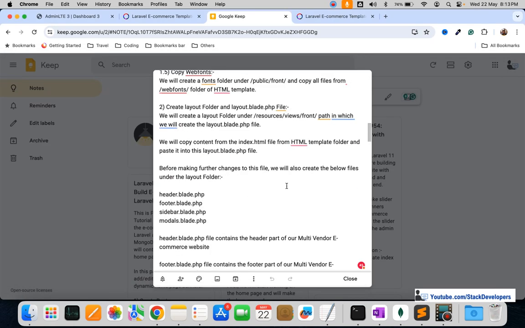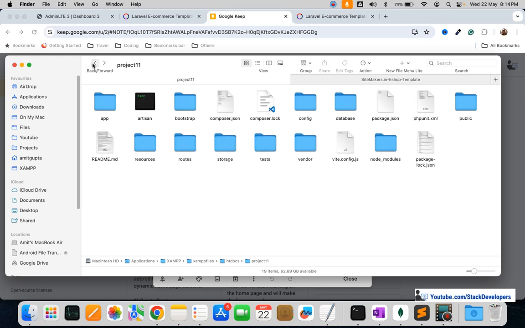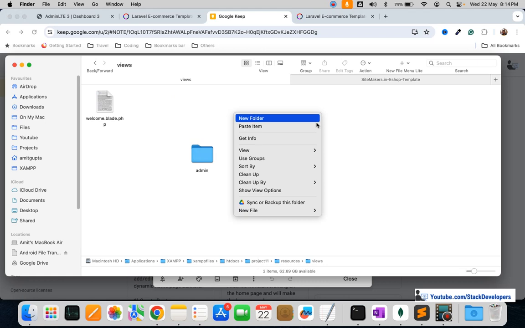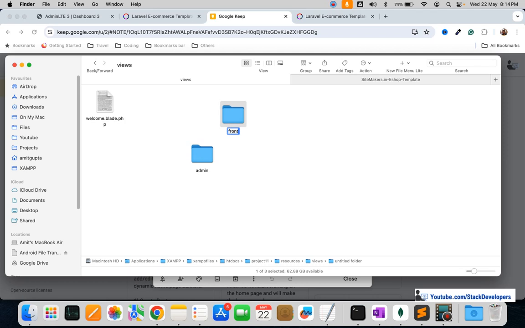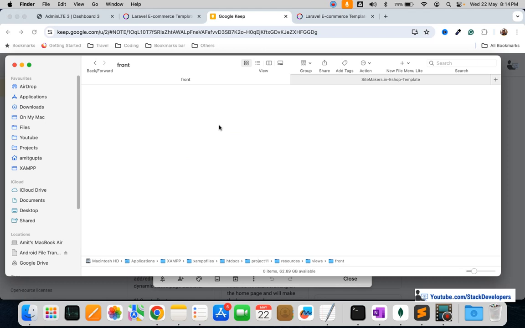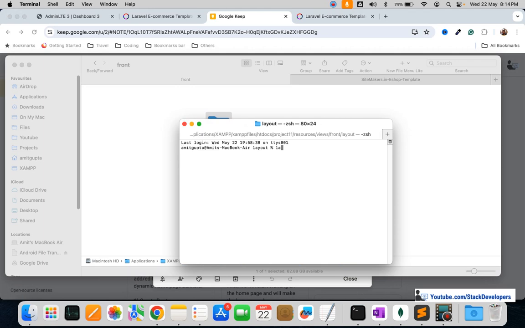So let's move further. Now we are going to create some files under resources, views, front. Under the resources views folder, like we have the admin folder, now I'm going to create the front folder as well. Same as admin, we are going to have the layout folder inside the front. So I'm going to add another folder here, the layout folder, in which we are going to create some files, like the layout.blade.php file,